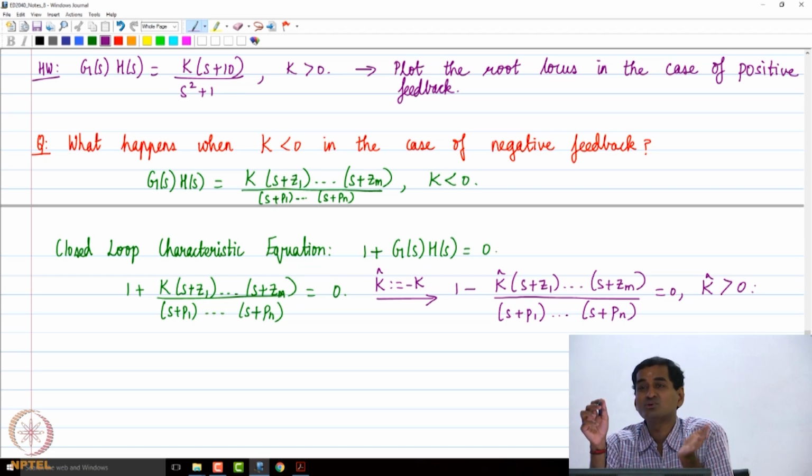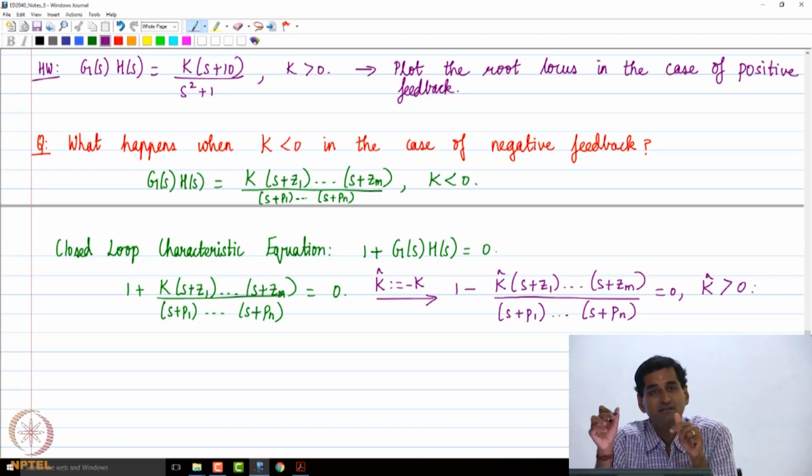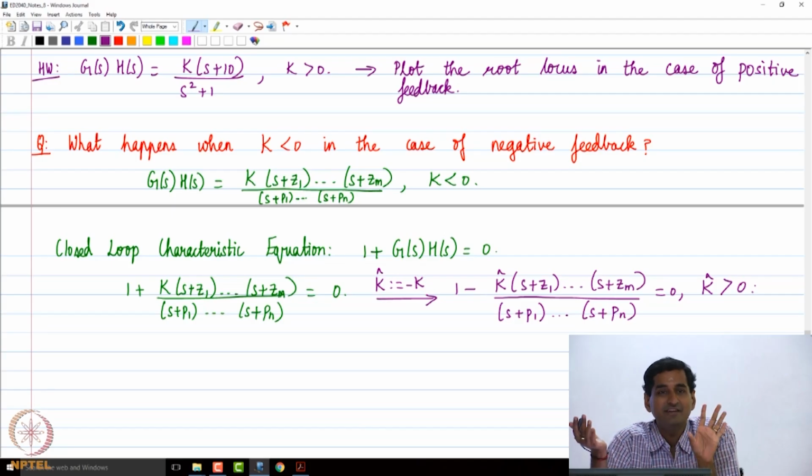See, this looks like a closed loop characteristic equation of a pseudo positive feedback system with a positive parameter K hat. Physically the original system is negative feedback, but this is basically a pseudo positive feedback system with a positive gain K hat. You follow the same steps that we learned today in the case of positive feedback and positive gain. You repeat the same steps, determine the values of K hat, then your root locus will be